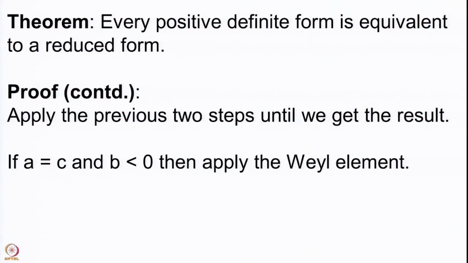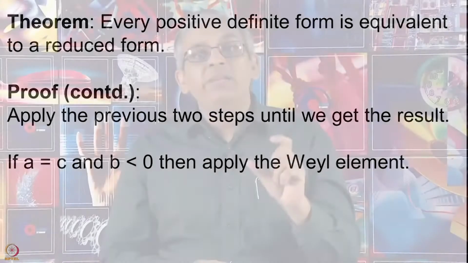There is of course this condition that whenever you have A equal to C, we want B to be positive. Now, if your A is equal to C and after applying the transvection and so on you have got B to be negative, then you simply apply the Weyl element once again, which is going to switch the coefficients of x square and y square, which are the same because you have A equal to C. So, those coefficients numerically do not change, but B changes its sign. So, earlier the B which was negative has now become positive.